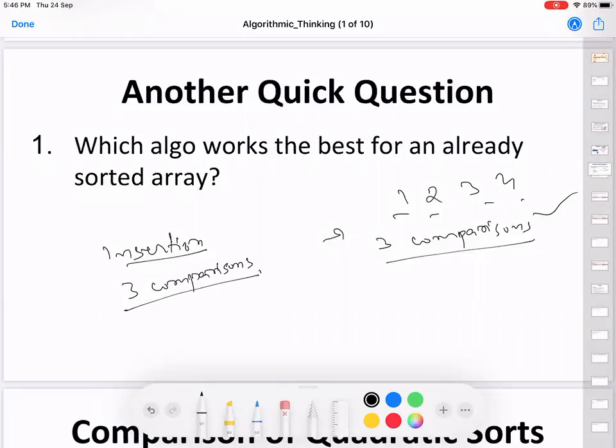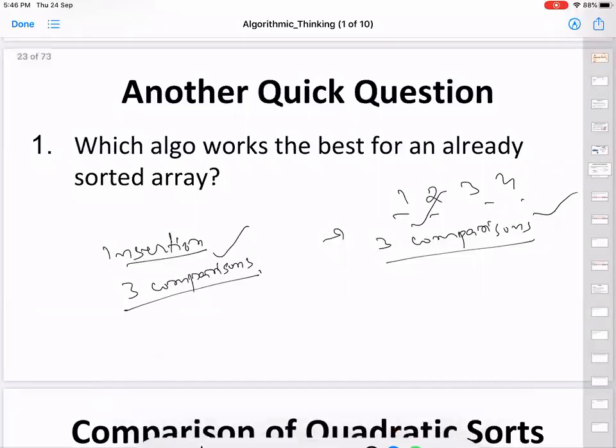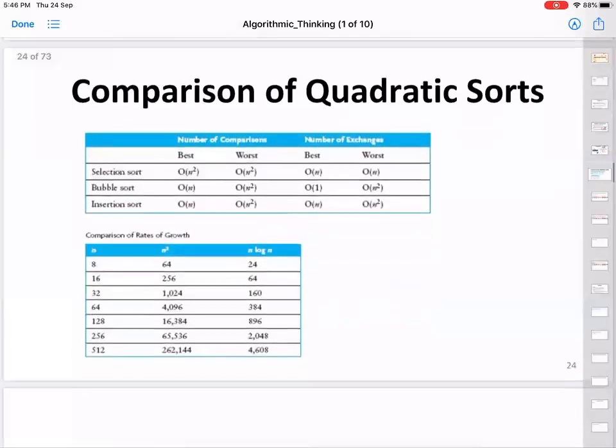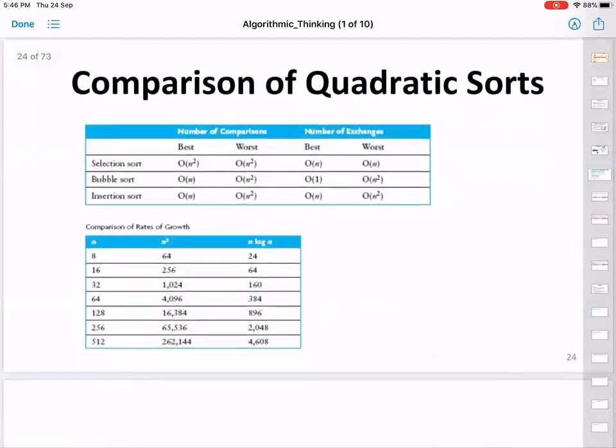Selection sort is always the worst because it will still go for searching the maximum and the minimum in all the arrays. So if you already have a sorted array, both insertion sort and bubble sort work equivalently well. That is where I just want to stop for now. So this is the basic idea: how your different algorithms fare across the different possible scenarios.